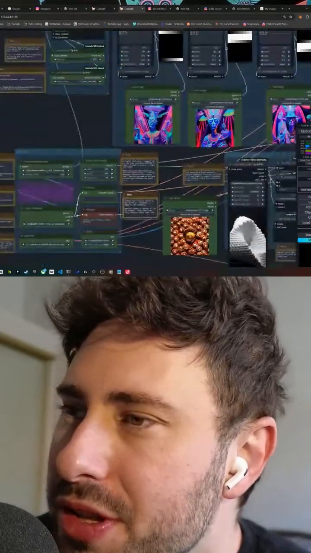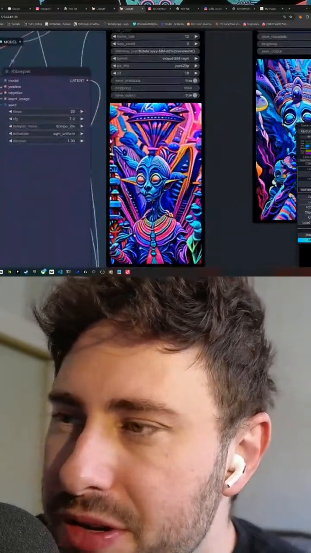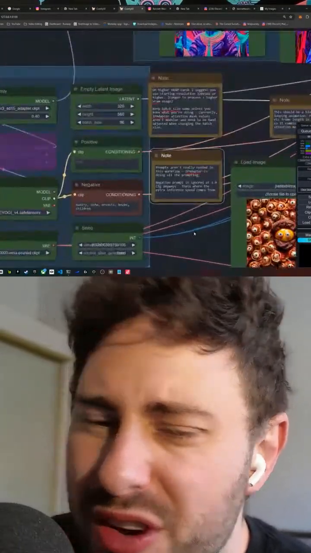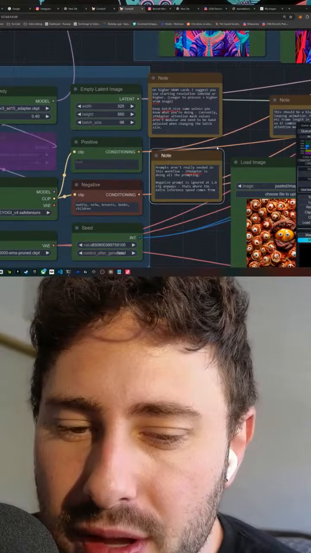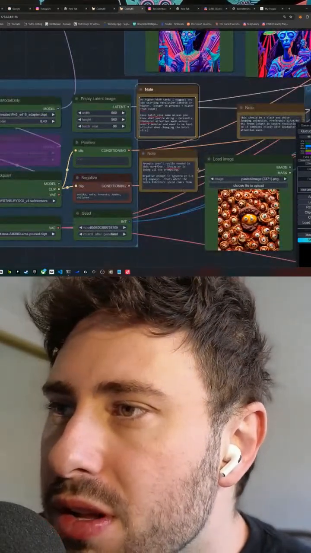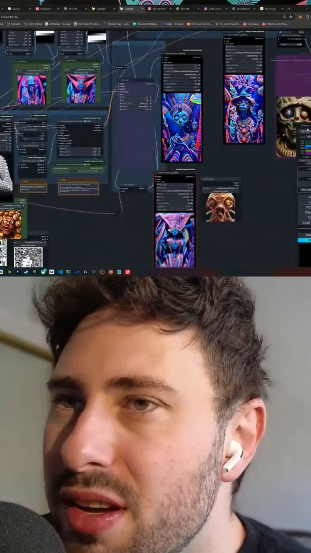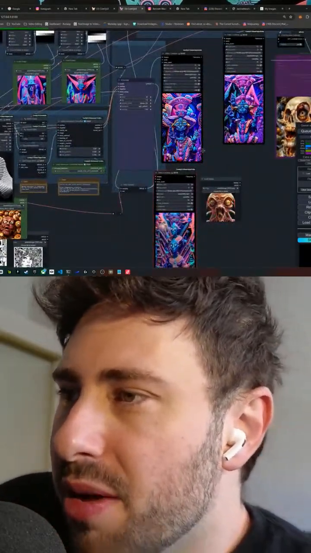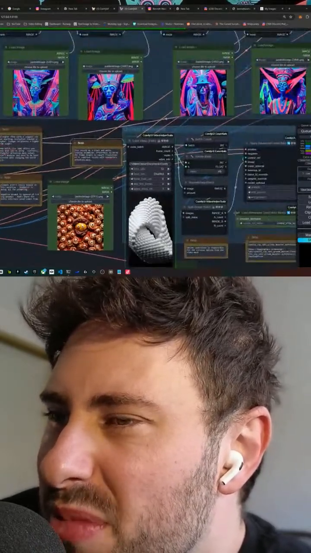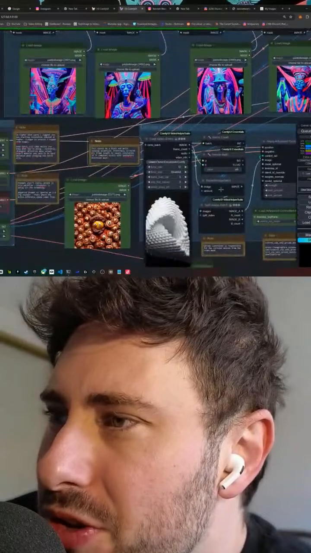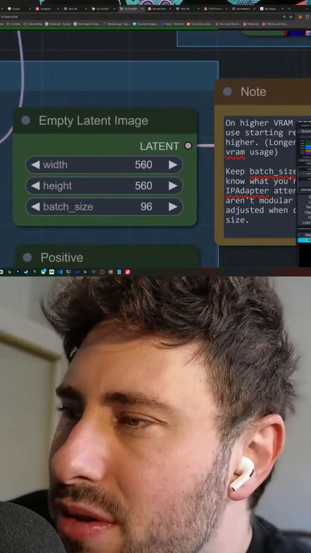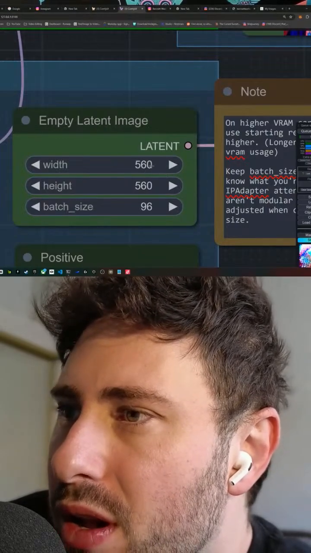Where was I? I'm going to set the resolution so that it isn't portrait mode because it'll be easier for you guys to see it. Actually, I'll make it square, 1-to-1 ratio, because it looks like the screen view here is a square, and that will help everyone. So let's do that. 560 by 560 is kind of the upper end of the resolution you want to set here in Comfy, and if you want to upscale it further from there, you do so at a later stage. But the initial generations, you really don't want to go too high with your resolution. I find 560 is kind of a sweet spot.